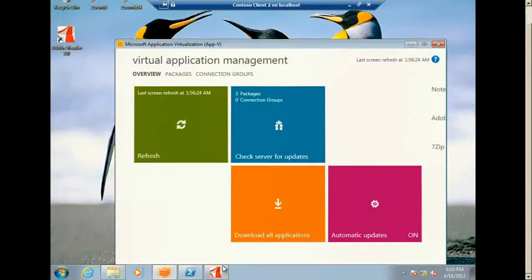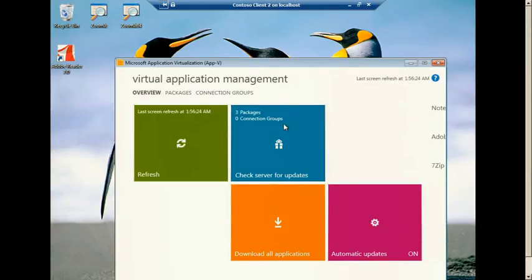The application's still running, so I'll shut that down and do a refresh. It's going to talk to the server, get the right metadata, and we should see the app update in a few seconds. And there you go. You see my shortcuts change because I now have a new version of Adobe Reader. And if I go ahead and launch it,